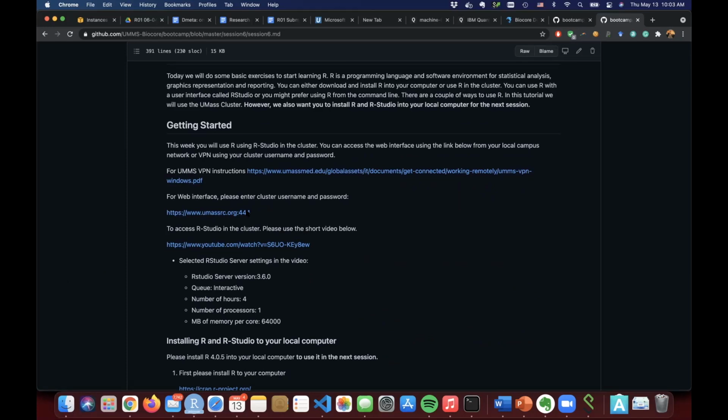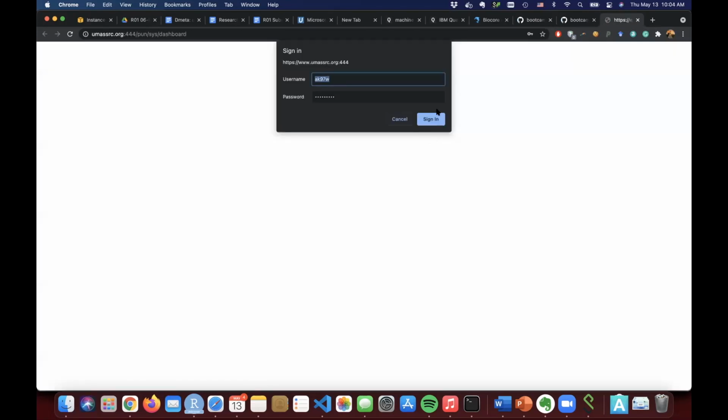And in that case, you can use this link, https www.umassrc.org, port 444. So the port is 444. If you go here, I'm just going to show you that version. So I'm going to log in. You need to log in here with your cluster username and your cluster password. So once you log in there,